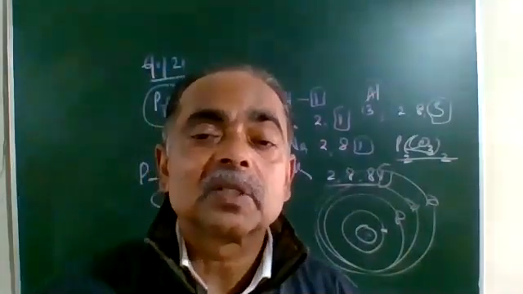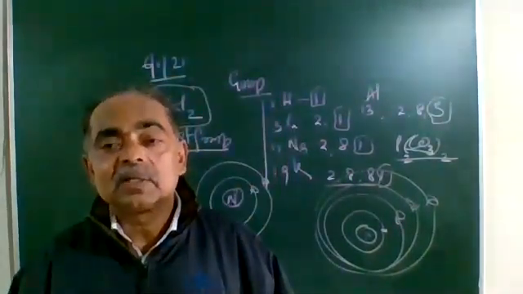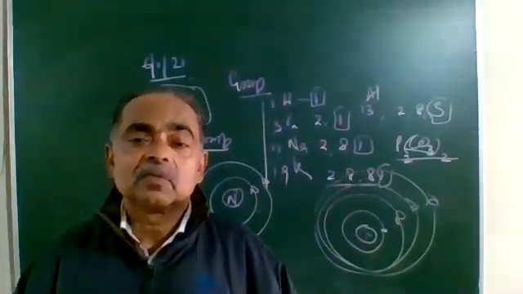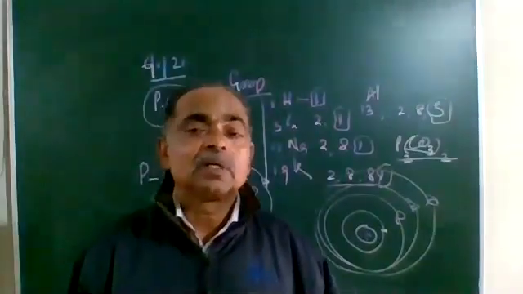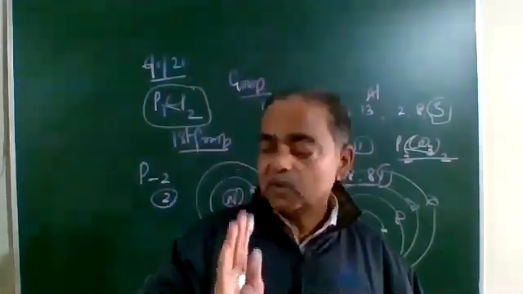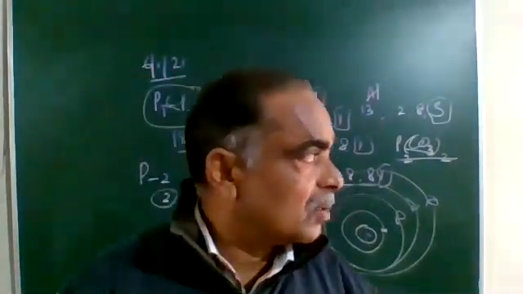So the compound becomes PCO. What would be the formula of its nitrate? P whose valency is 2, nitrate's valency is 1, the formula becomes P(NO3)2, and in this way the formula has been made. And one more question is, since the atomic size increases from top to bottom in a group, they